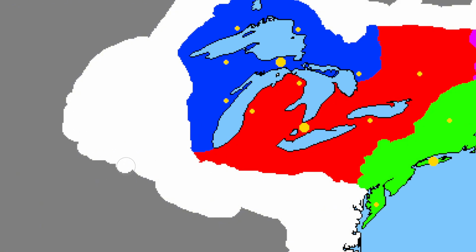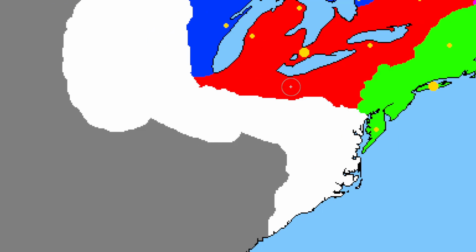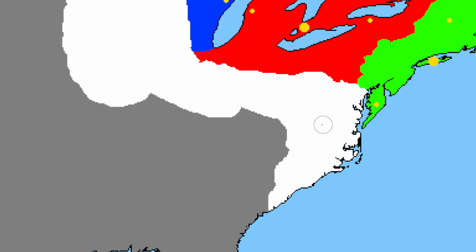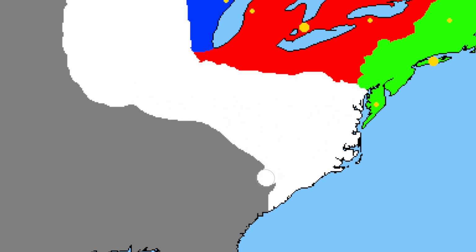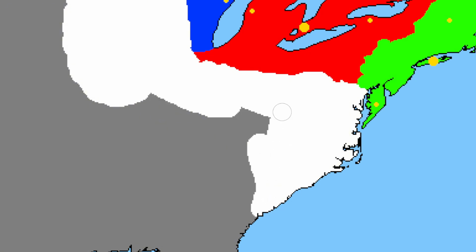But it's not long before the red team realize, hold on a minute, the blues are exploring land that we haven't explored, and the reds sent out their own expedition team, as well as the green. And not before long, we see a large amount of land discovered by all these countries.